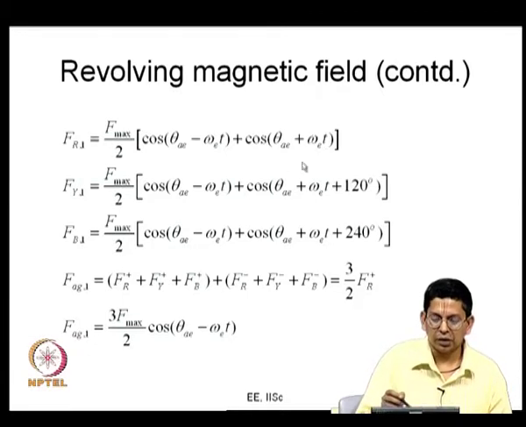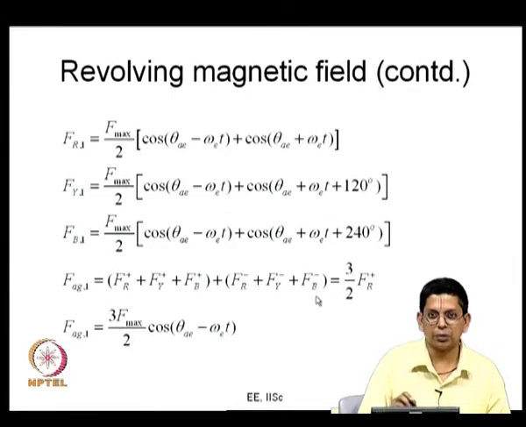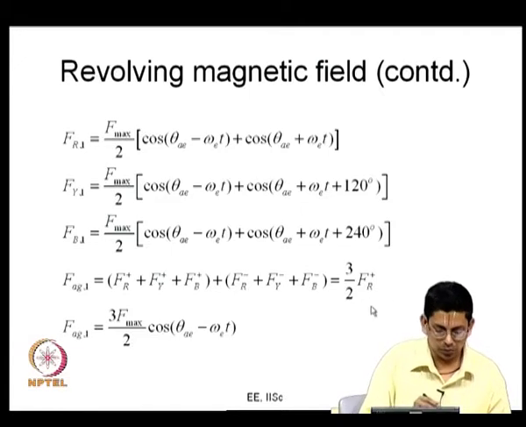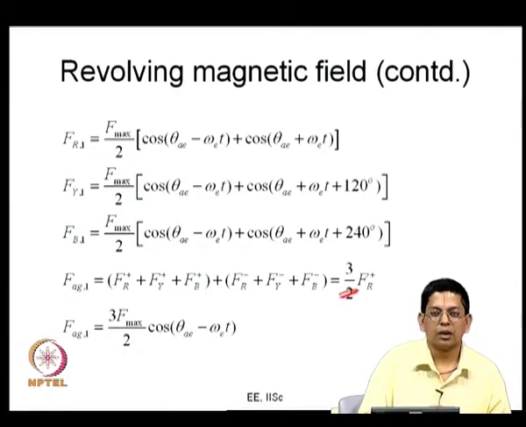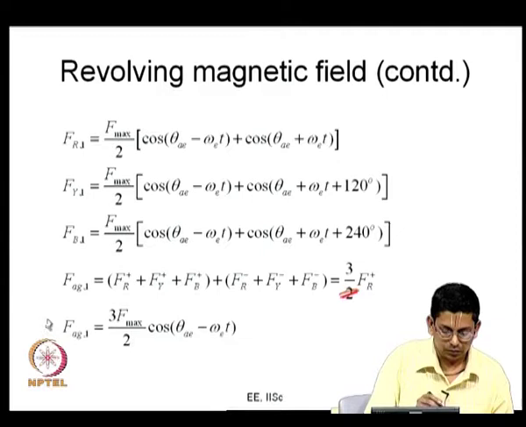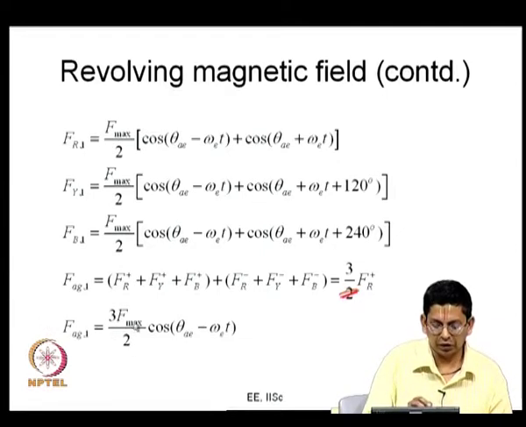On the other hand, these three, this is some cos of x, this is x plus another 120 degrees, and there is another 240 degrees added. So, these three cosines add up to 0. Fr minus plus Fy minus plus Fb minus would add up to 0. Hence, the sum is 3 times Fr plus, and that is nothing but FAG1, which is 3 by 2 F max cos of (theta AE minus omega AT), and now this you can see is